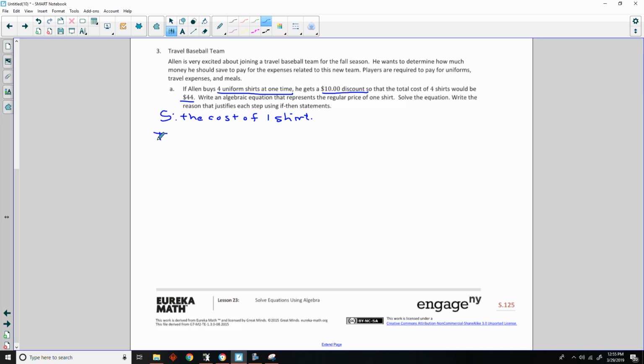Okay, they said to use if-then statements, so I would say if, and then we need an equation. Four uniform shirts at a $10 discount. So if he buys four shirts and then they subtract $10 off of that order, then it would cost him $44. So there's our equation. So if 4s minus 10 equals 44, then